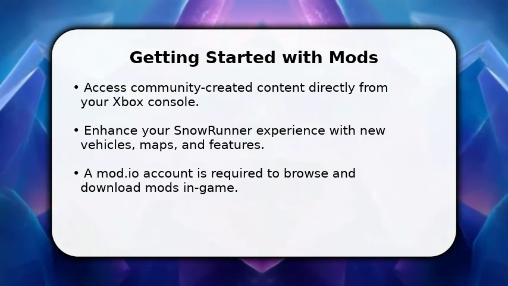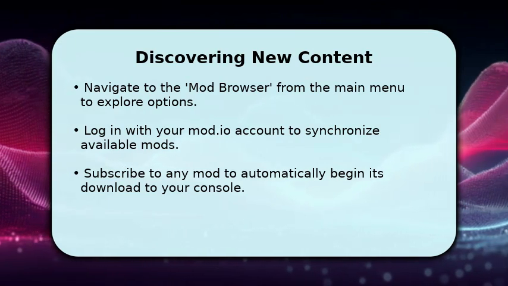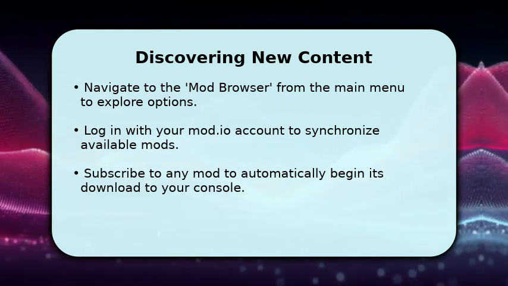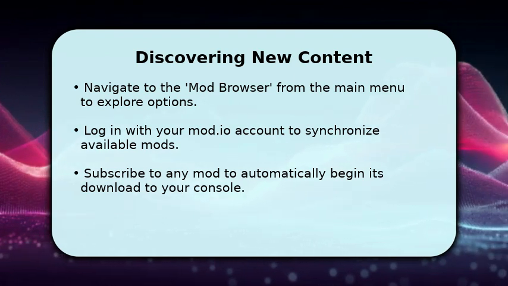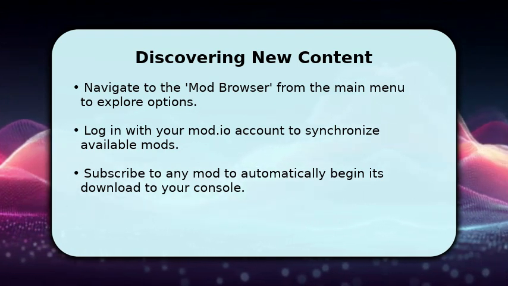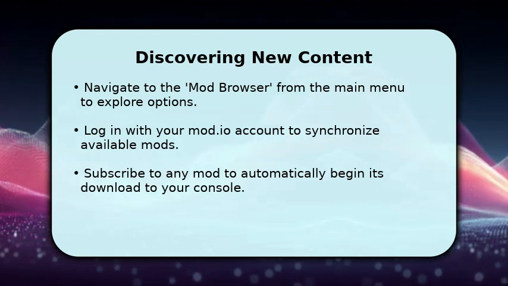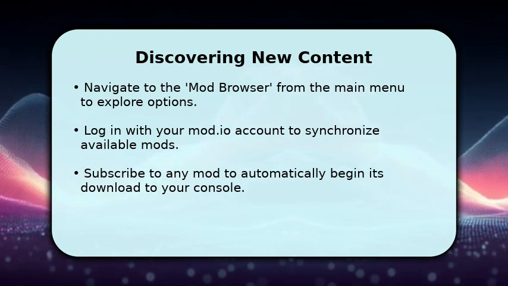your console. To find new content, open SnowRunner and select the mod browser from the main menu. Here, you will log in using your mod.io account details. This step syncs your game with the online mod library, displaying hundreds of available options. Browse through the categories like maps or trucks, and when you find something you like, simply hit the subscribe button